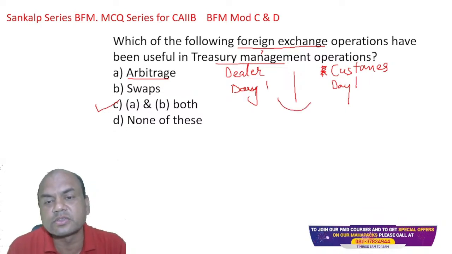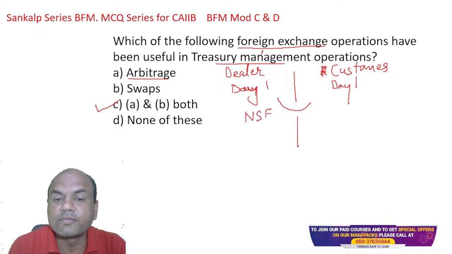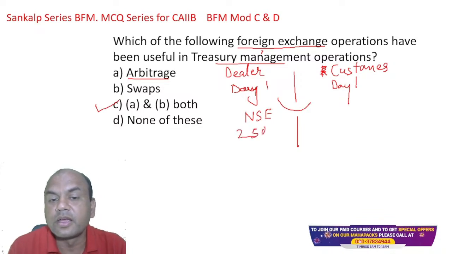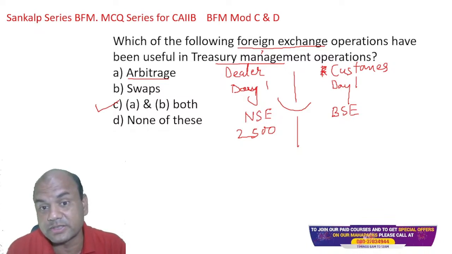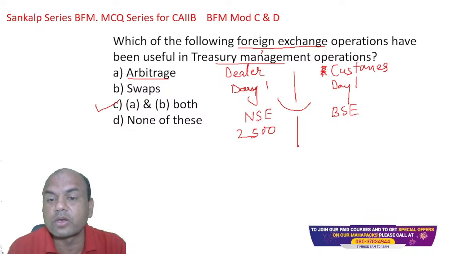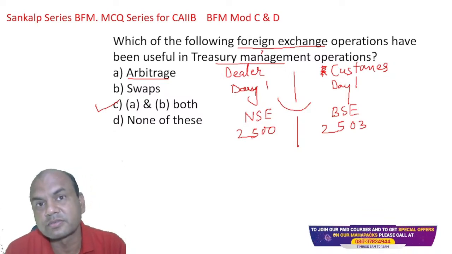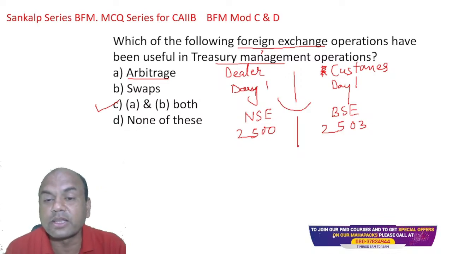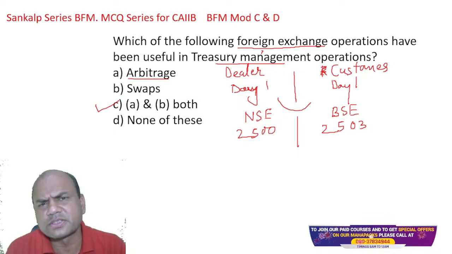Similarly in BSE and NSE also. Suppose there is a Reliance share. I buy it on NSE at, let's say, 2,500, and immediately I sell it on BSE. Suppose there is a price gap between these two exchanges, and this happens hardly for 4 seconds. So there is 2,500 over here and it is 2,503 over there. 3 rupees gap is there. So what will I do? I'll buy 1 lakh shares over here and sell 1 lakh shares over there. So what have I done? I earn 3 lakh, 1 lakh into 3, in how many seconds? 4 seconds. That is arbitrage. Safest. Okay.